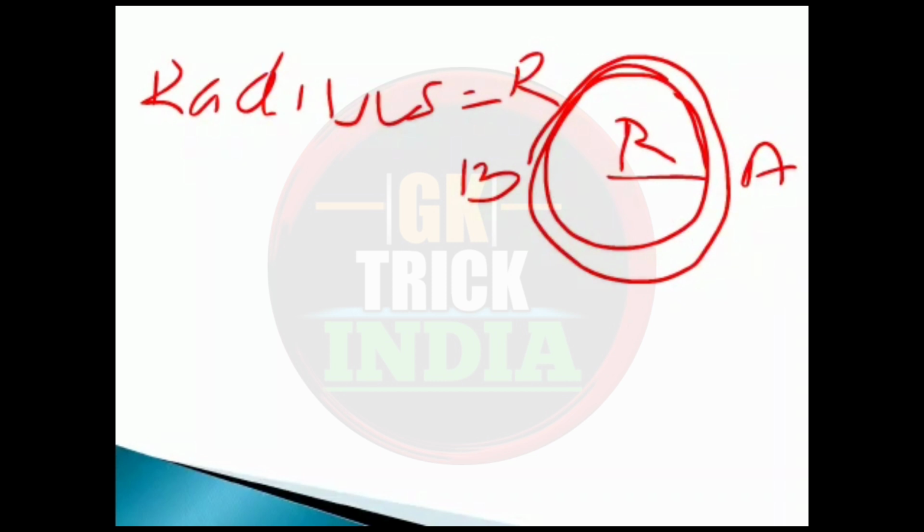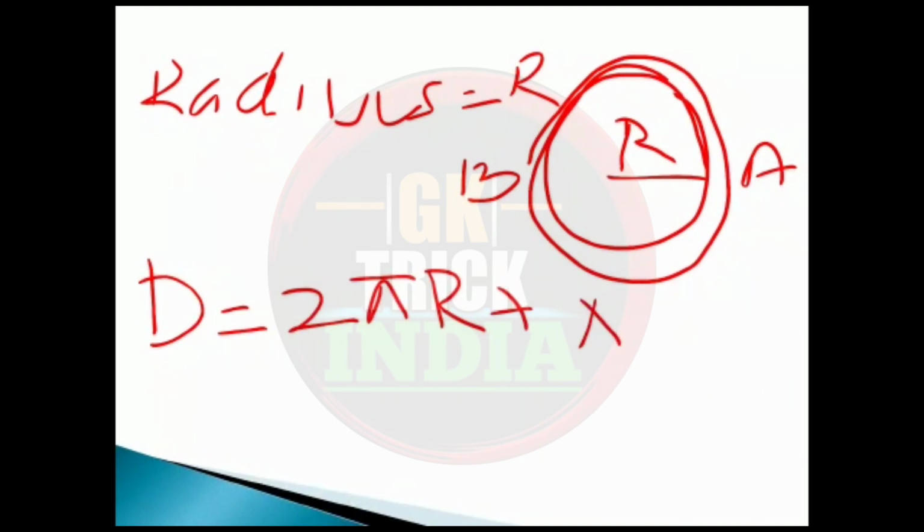So while moving from A to B, it has covered one circular path and another semicircular path. So distance will be the total path length, and in the case of circular path, the distance will become the circumference of the circle as the object is moving in the circumference. So the distance will become 2 pi r plus semicircle circumference, that is pi r, will become 3 pi r.